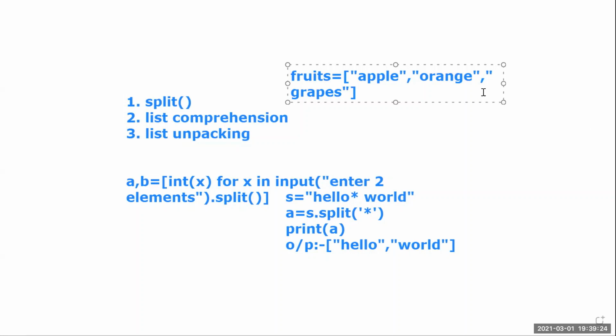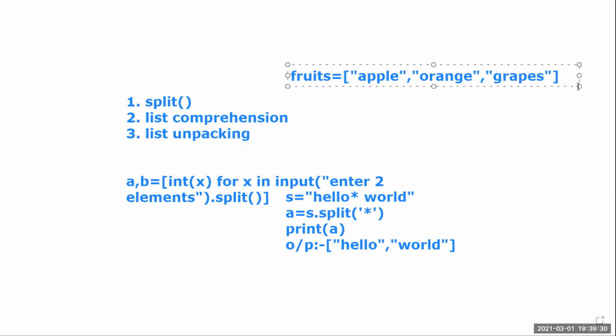So I want a new list which contains, from that list, the elements with a P character. Each and every element of this list is a list element, and this is a complete sequence.